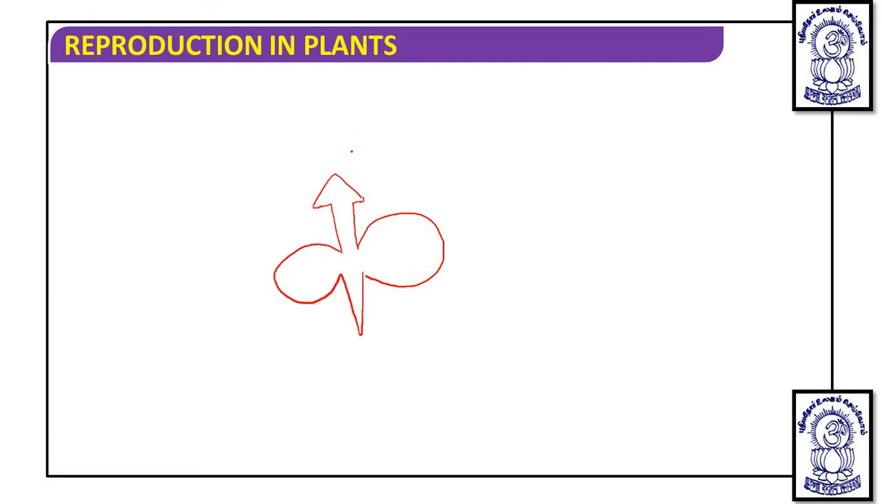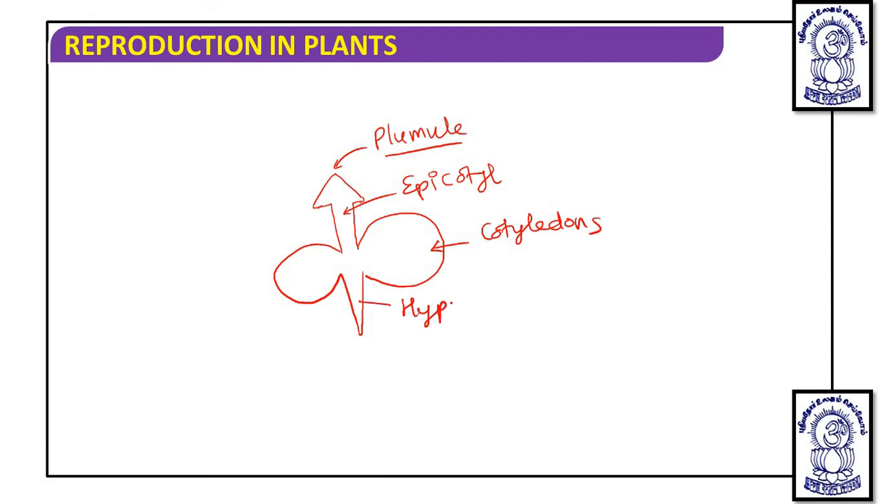Okay, so this is known as the plumule. This is the epicotyl. These are cotyledons. This is the hypocotyl, and this is the radicle. So you know that the tapering at the bottom is the radicle, and the tapering at the top is the plumule, and